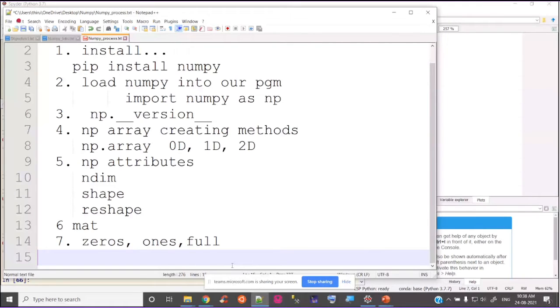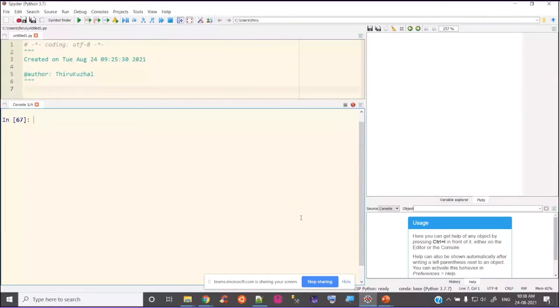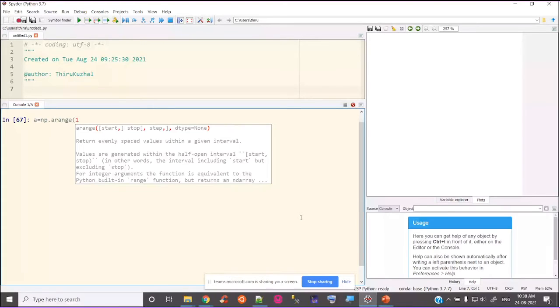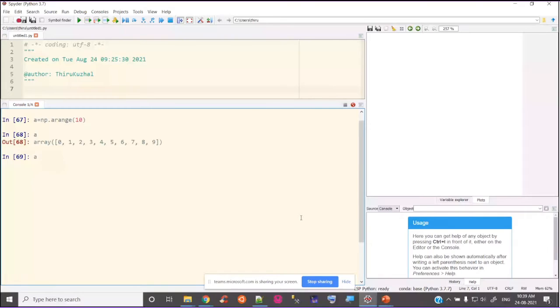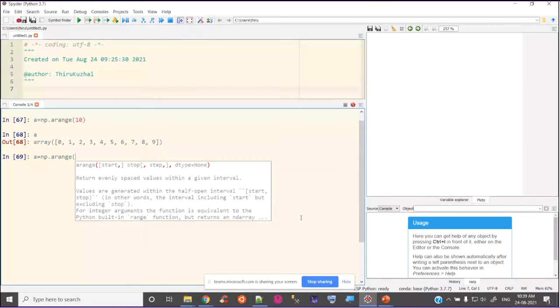So the next thing, please look over here. Also we have the arange function. I showed that arange function as well. So a is equal to np.arange of 10. You can also reshape it.